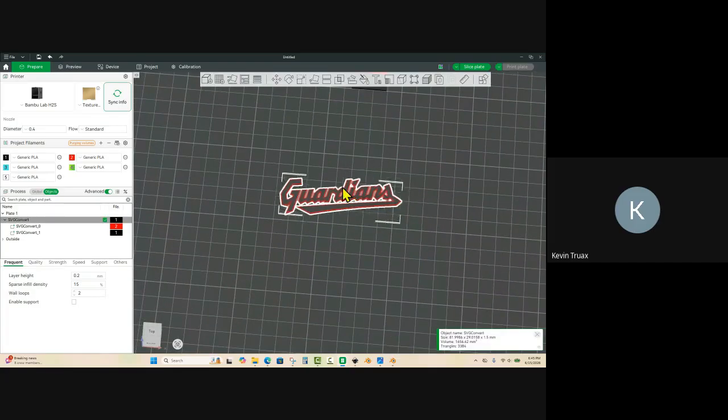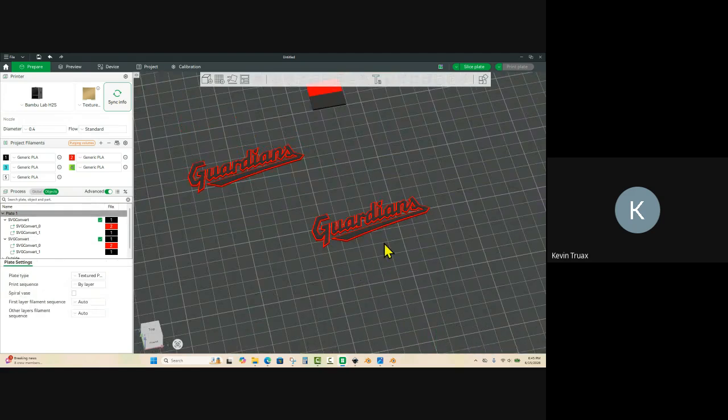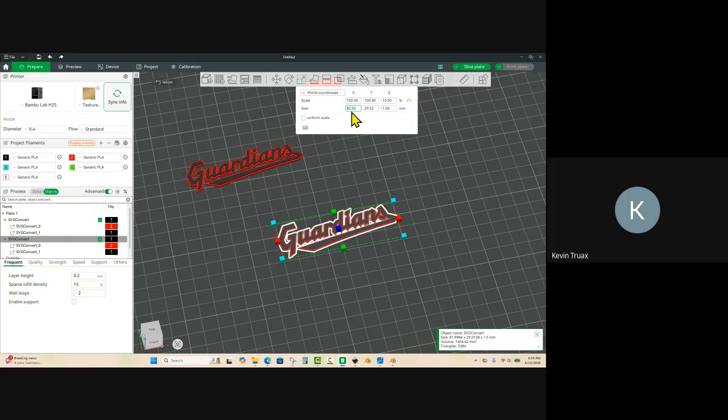All right. So let's go ahead and I'm just going to slide this over. And like I said, I'm going to give you these files so you'll be able to use them. Now, we take this file here, go to the scale tool. It's at 82. All right. And let's say we want to put this on a lampshade. We want the thickness to remain the same, but we have to scale this bad boy up quite a bit, right? Let's say we want it to be 150 millimeters wide. Okay, well, if we come in here to uniform scale and change this value to 150,